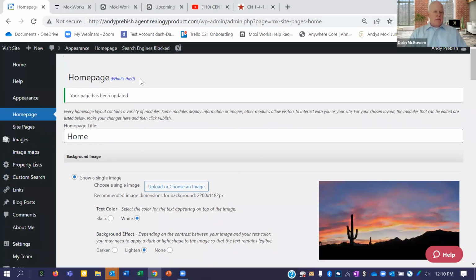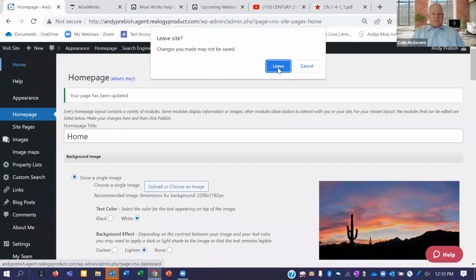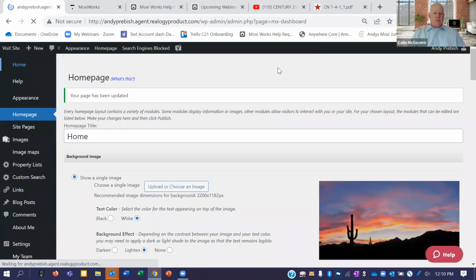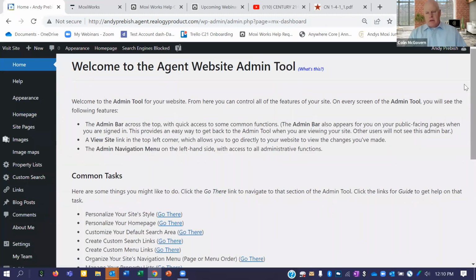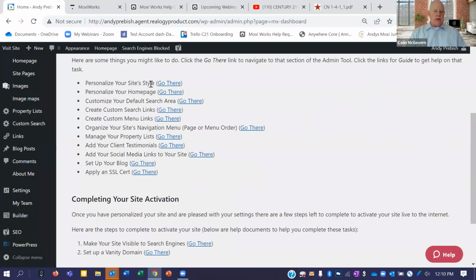I'm going to come in here, back to my home page. All right, so we went through a couple things. We went to personalize your site style. Please leave the default, that's my suggestion, but we also went into personalize your homepage. That's where we spent most of our time. Right, now you can change a number of other things in here like testimonials, but the thing that I want to share with you right now